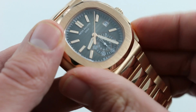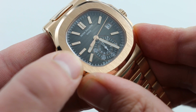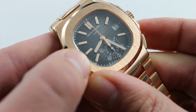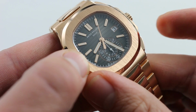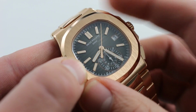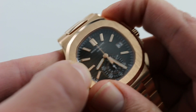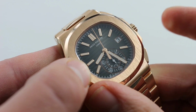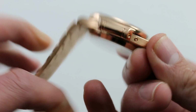Now, it is a flyback chronograph, a feature that's rarely mentioned when referencing the 5960 and the 5980, but you can simply restart the chronograph with a single pusher trigger at 4:30. So rather than having to do the conventional stop, reset, restart, the flyback, again, an under-advertised feature, is there if you want it. Now, the case back,